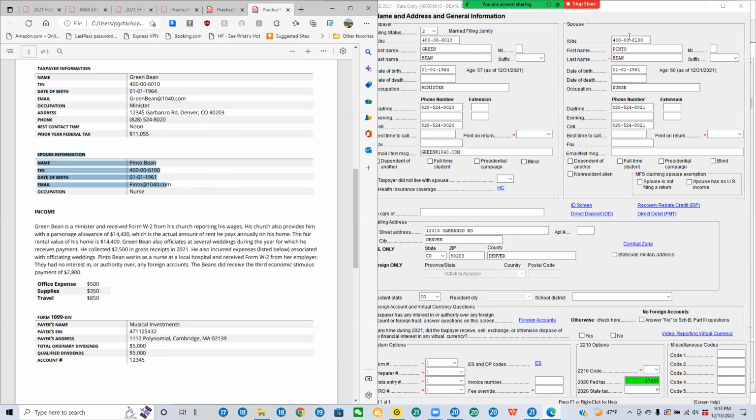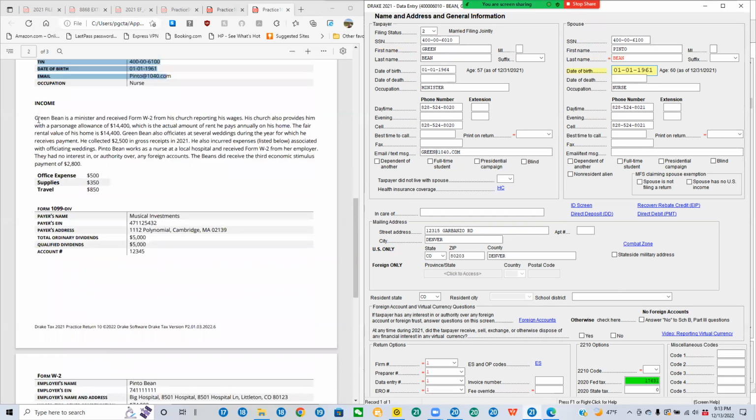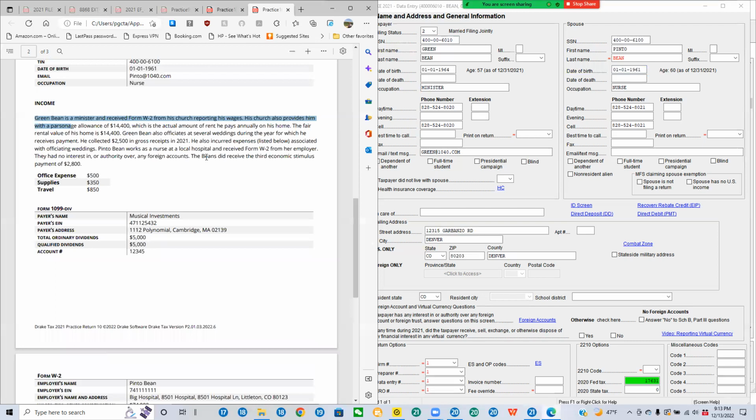We are in the right side of the screen. The far right, that's where you're going to get the spouse information. Now,